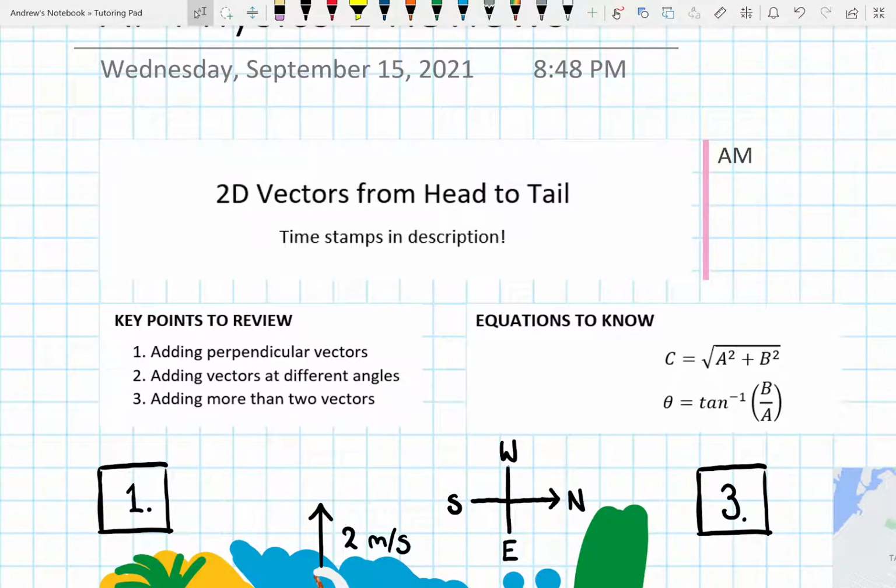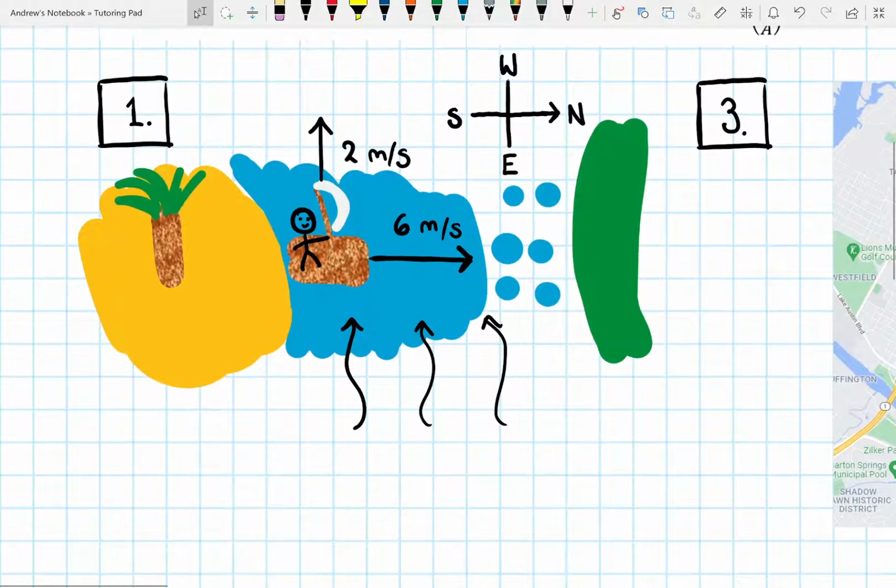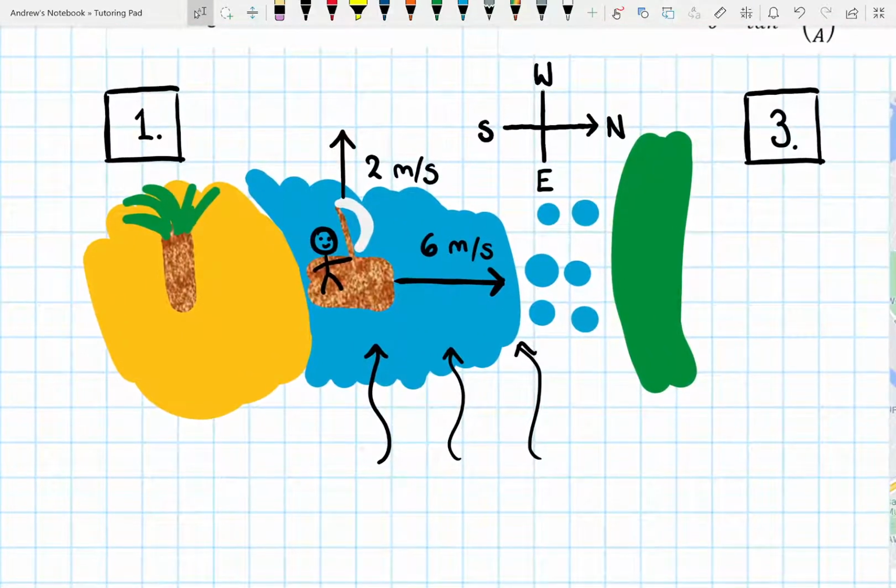Hello, everyone. So this is going to be the first part of a comprehensive review on two-dimensional vectors, so vectors in multiple directions. This is going to be the first part where we're going to be talking about adding perpendicular vectors. So to put a scenario into our minds while working through this, let's say that you have